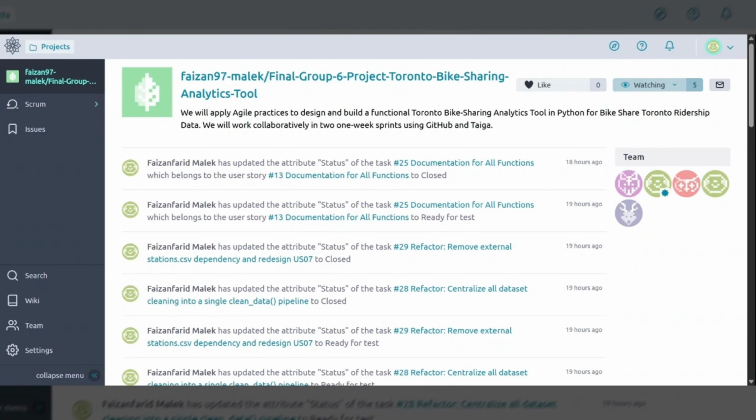Hello everyone, my name is Banu and I'll be presenting the introduction and the agile planning part of our Toronto Bike Sharing Analytics Tool project. Our project designed and built a Toronto Bike Sharing Analytics tool using agile development practices. Over two one-week sprints, our team created a Python-based analytics system and an interactive Streamlit dashboard to help users explore